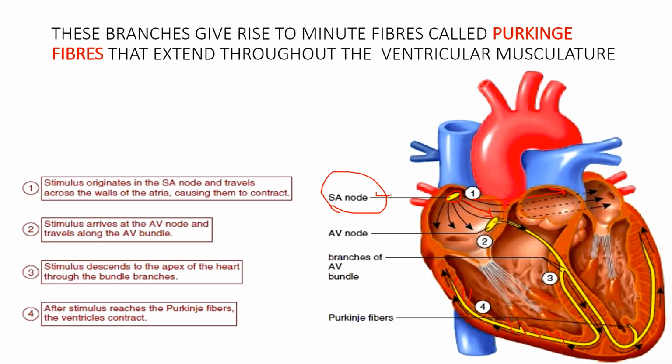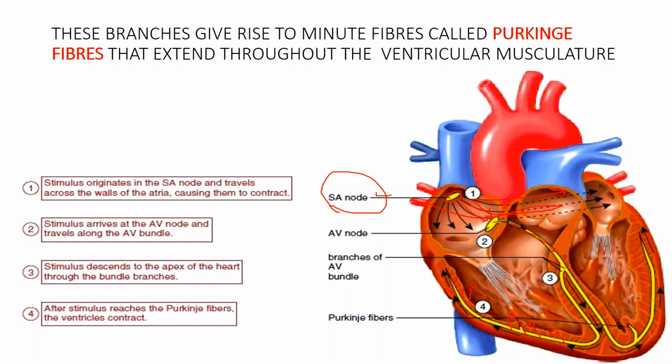When the action potential reaches both atria, they contract. Simultaneously, action potentials reach the AV node. The AV node passes the action potentials through the bundle of His into the right and left bundle branches. These bundle branches pass them to the Purkinje fibers. Purkinje fibers release action potentials into the ventricular walls. When action potentials are released into the ventricular walls, both ventricles also contract.